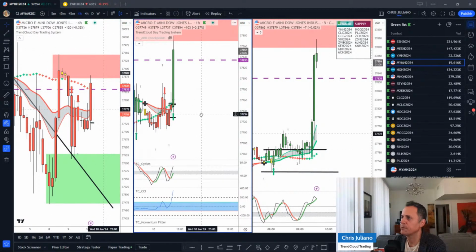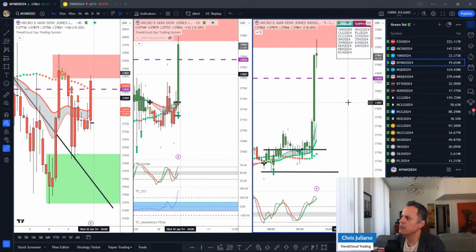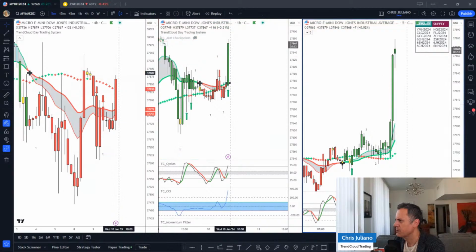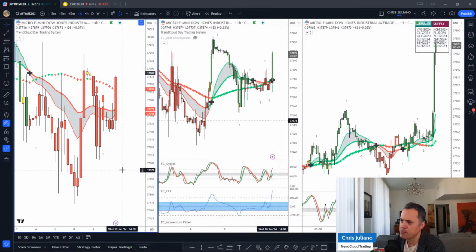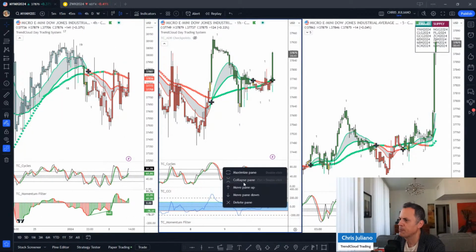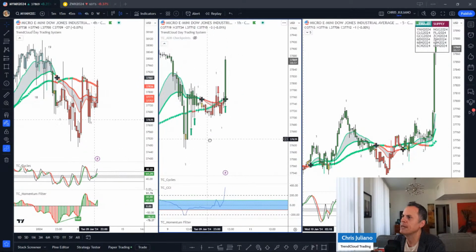Yep. Beautiful. All right, let's take a look at some more. 938. Okay, so being that we've got this strong move on the Dow, let's clear the charts. Let's recalculate. And let's bring up the opening range. Okay. Let's collapse that. Keep everything nice and clean. Now that we know